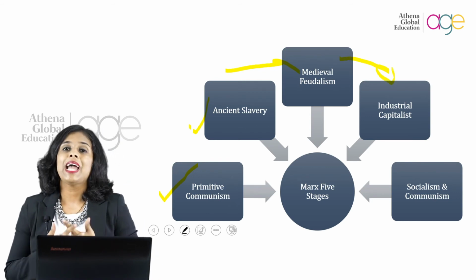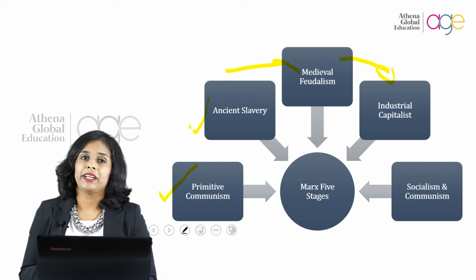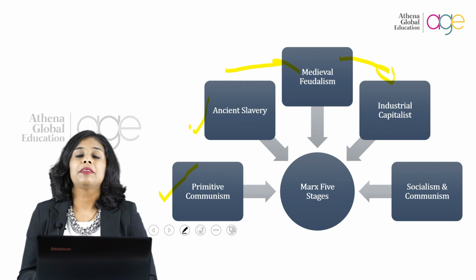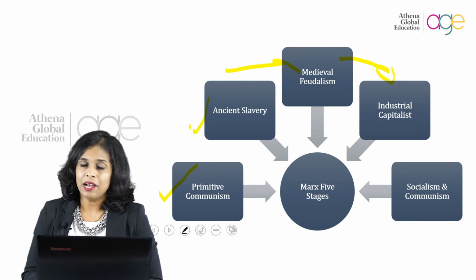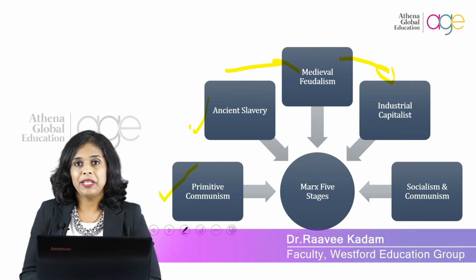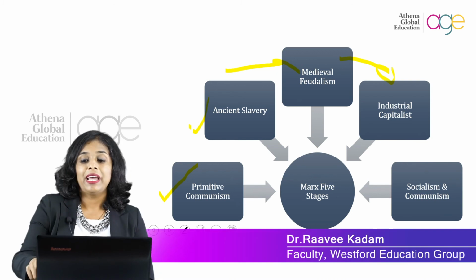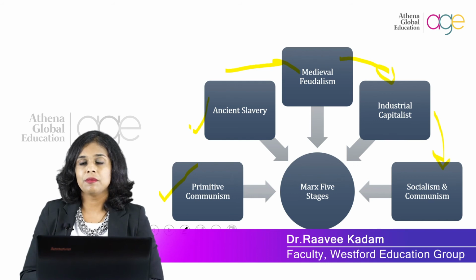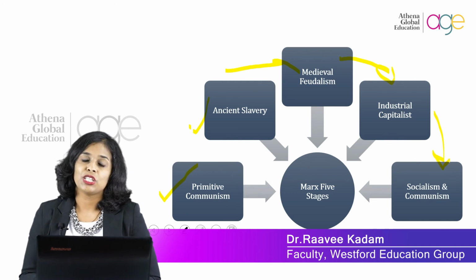Then you will have the capitalists, the landowners and factory owners, who will get richer day by day by selling the different goods and services which are available, by selling the surplus that is being created in the economy. And finally, the economy reaches a socialism or communism stage, where the workers' organization realize that